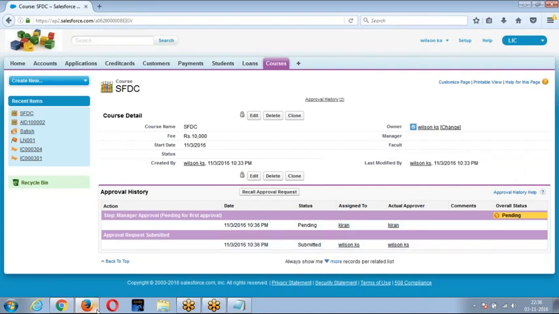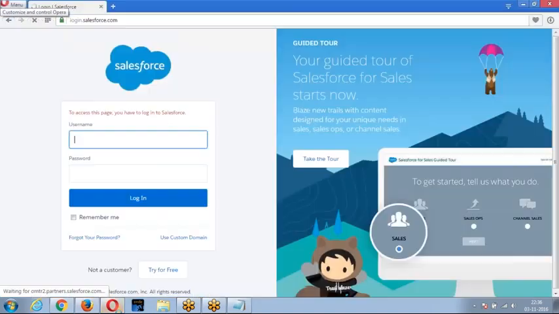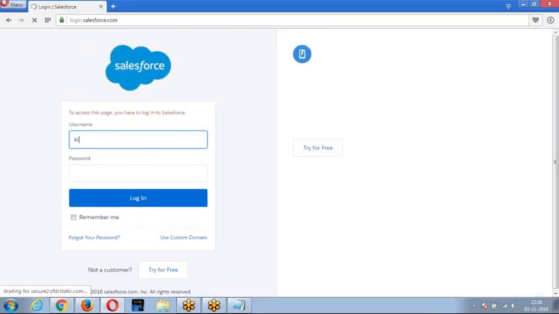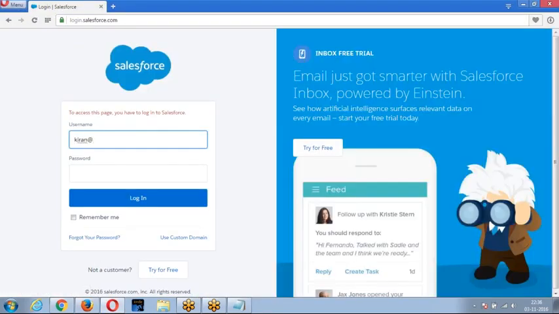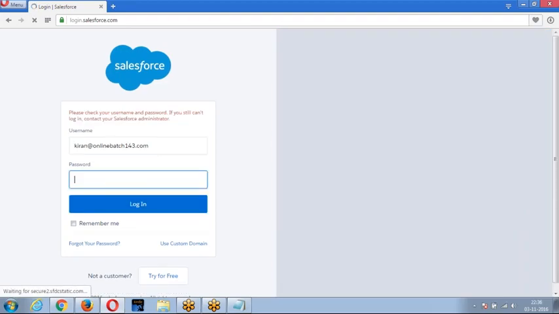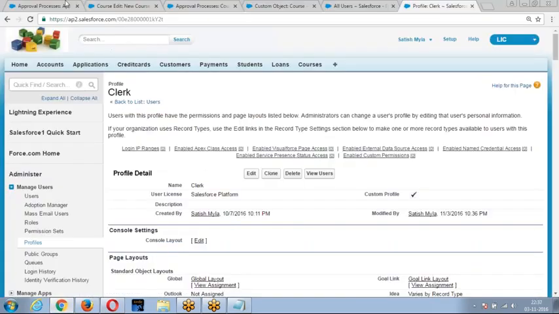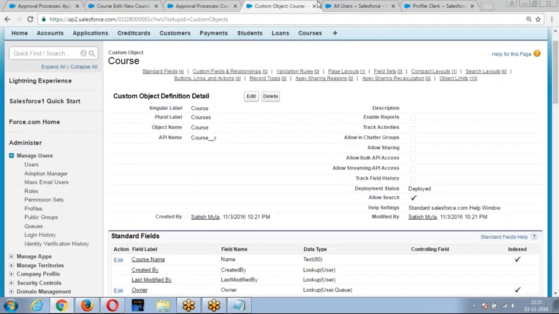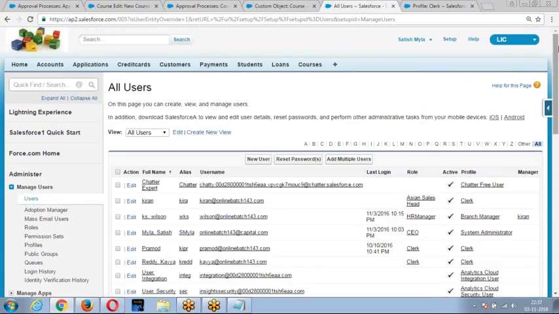When you submit the record for approval, it is submitted to Kiran. Now Kiran should approve it. Let me log in as Kiran. What is the issue with Kiran now?